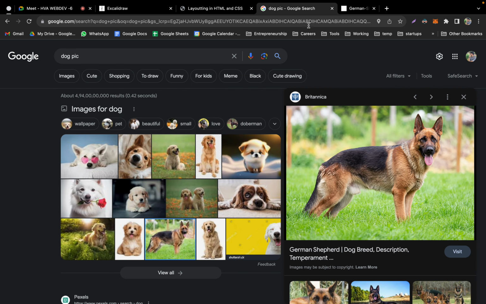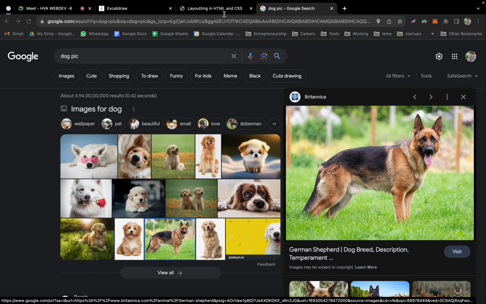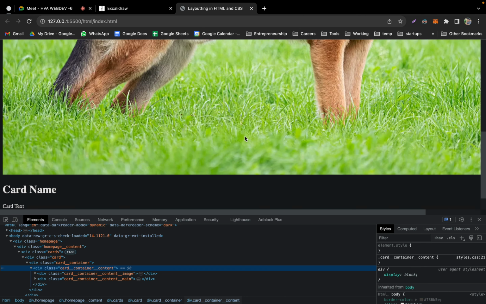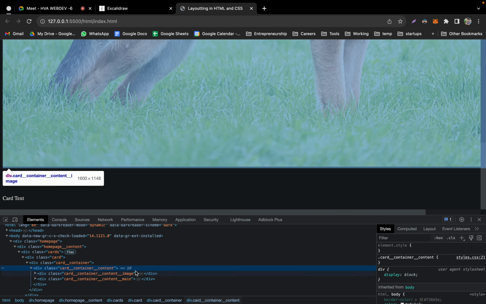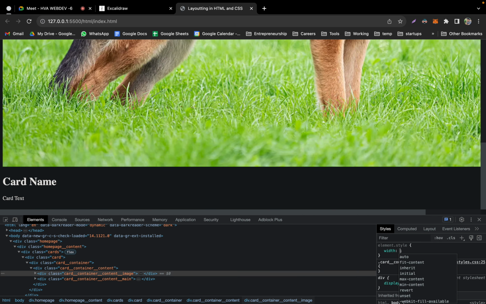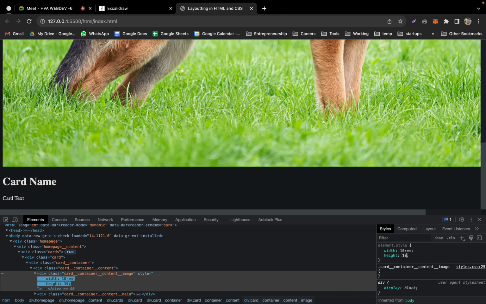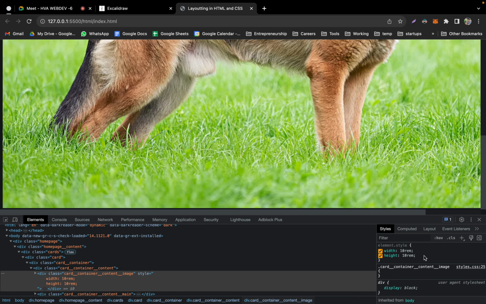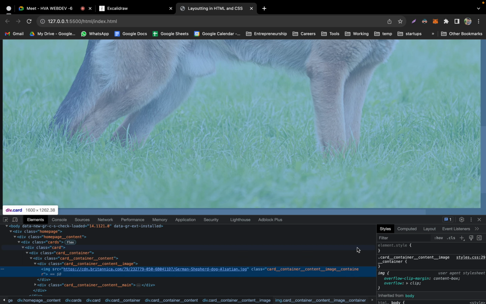If I use this dog pic here, it will make a very big screen. That is a bigger problem, but now I don't want to deal with this. I want to deal with, say, the image. If you give, say, width as 10 rem and height as 10 rem, it will not work properly, because there is a reason for that, because you have to apply it on the image directly.